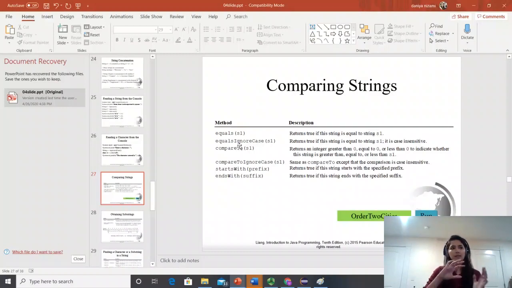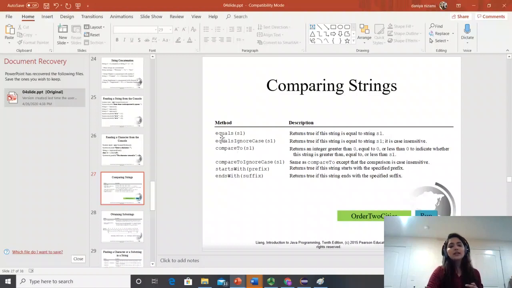They are just in a category that, for comparing strings, you need at least two strings to call these methods. One thing about strings: you cannot compare two strings with the double equal sign, like s1 == s2, because a string is not a primitive data type, and when you compare s1 == s2, it compares the references, not the actual values.